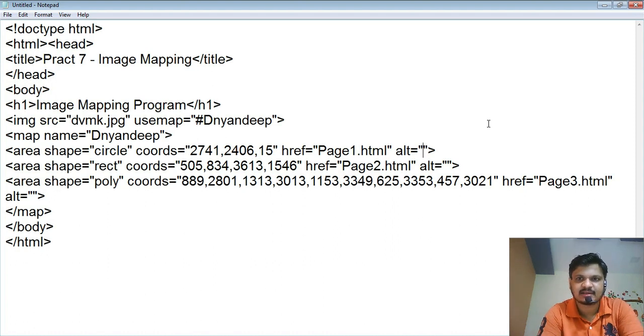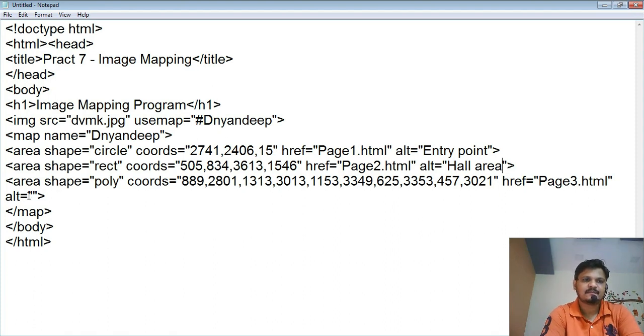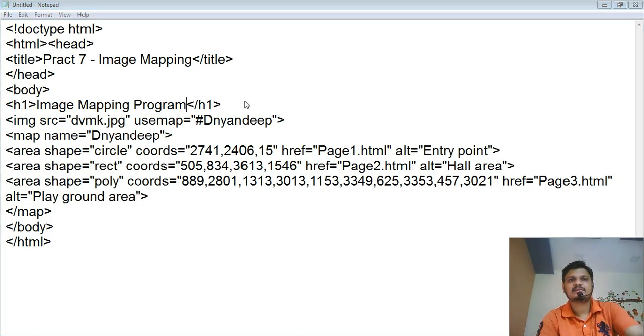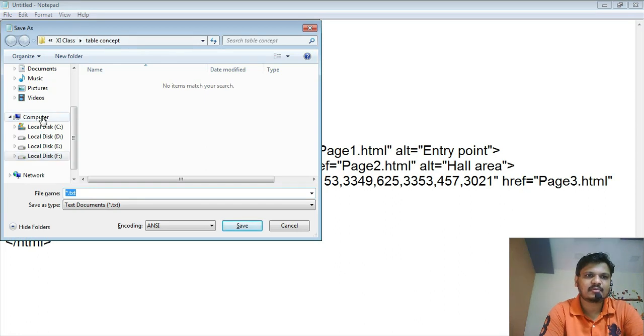This is the entrance, entry point, right? Now hall area, and this is the playground area. Simply I'm going to save this document into the proper folder.